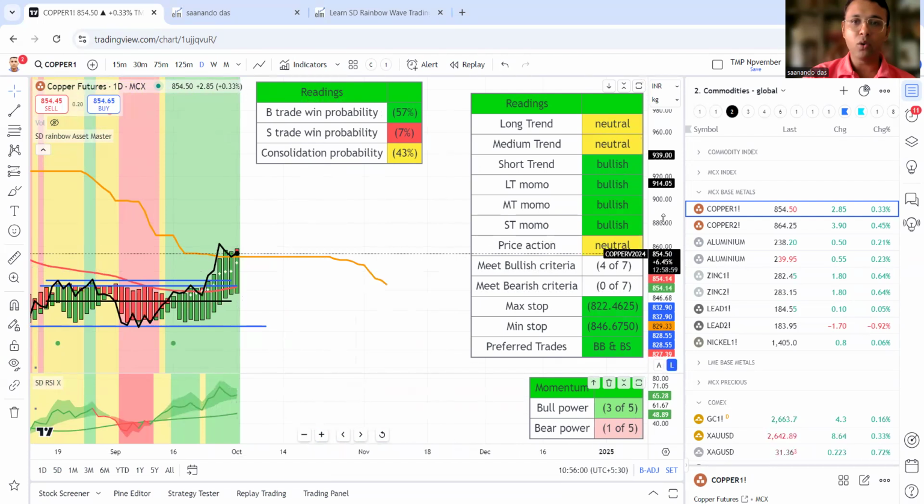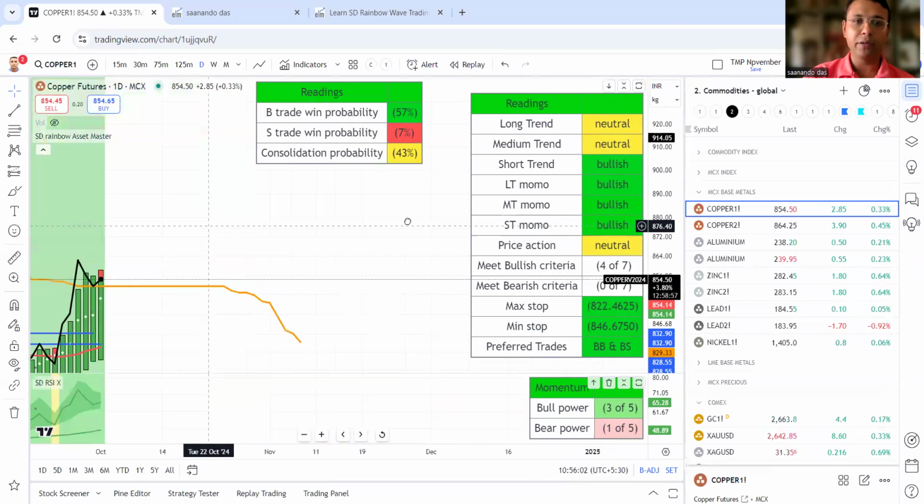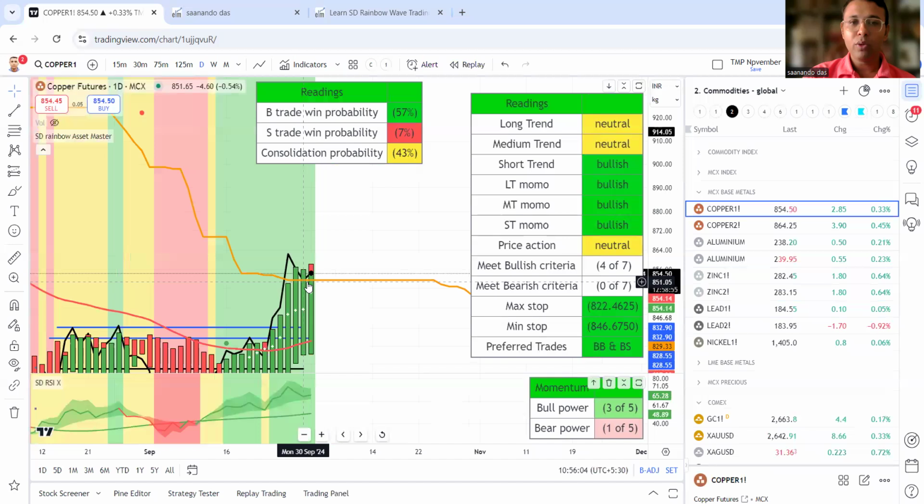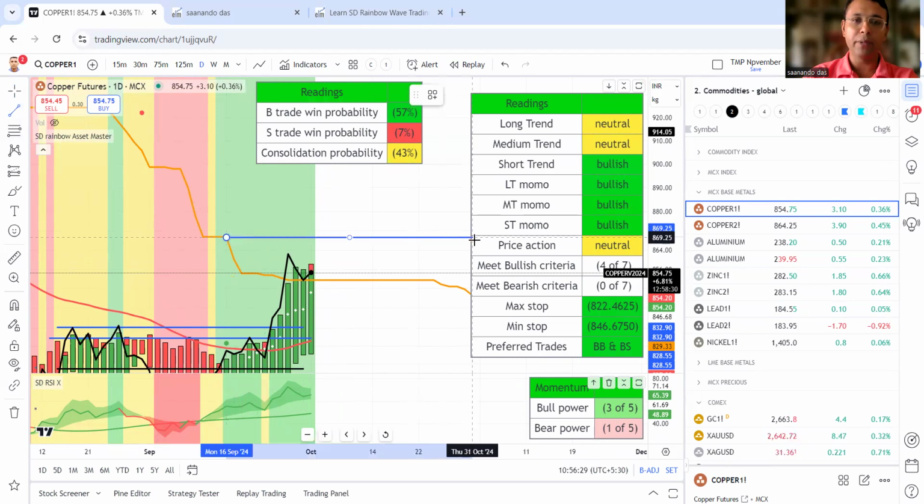If anyone is going for this kind of buying right now, they will have to keep a stop loss below it, 851 definitely. Maximum one can go for 846, but 840, 846 would be the lowest point. This means stop loss, but it's still bigger for this. A better entry could be once it shows confirmation, goes up, and price action becomes bullish. Unless price action becomes bullish, I will not be entering.